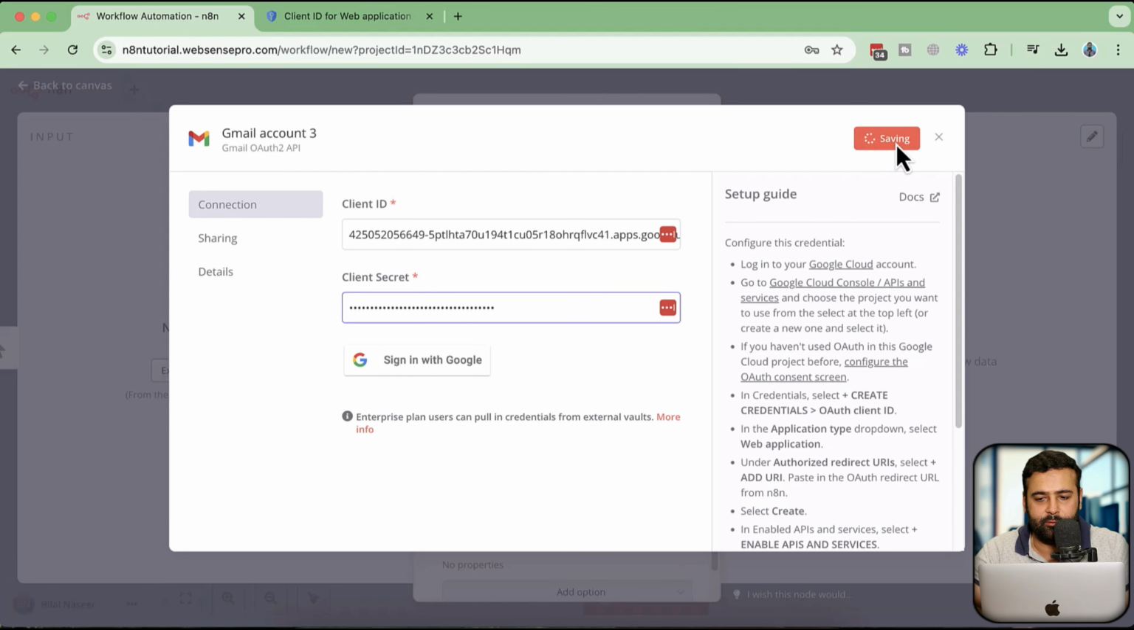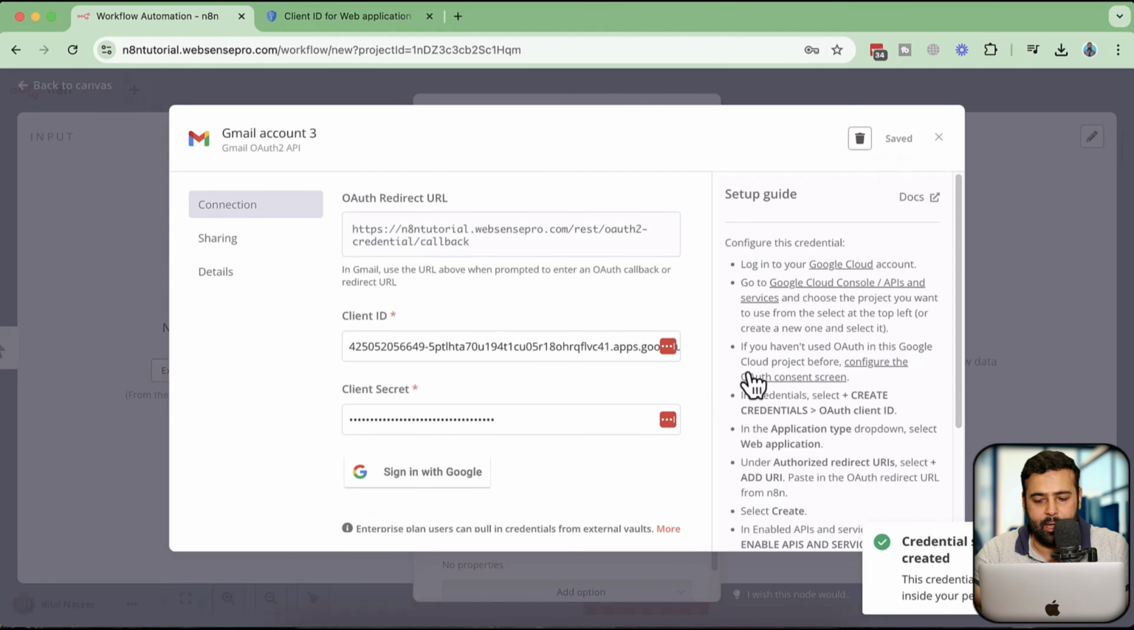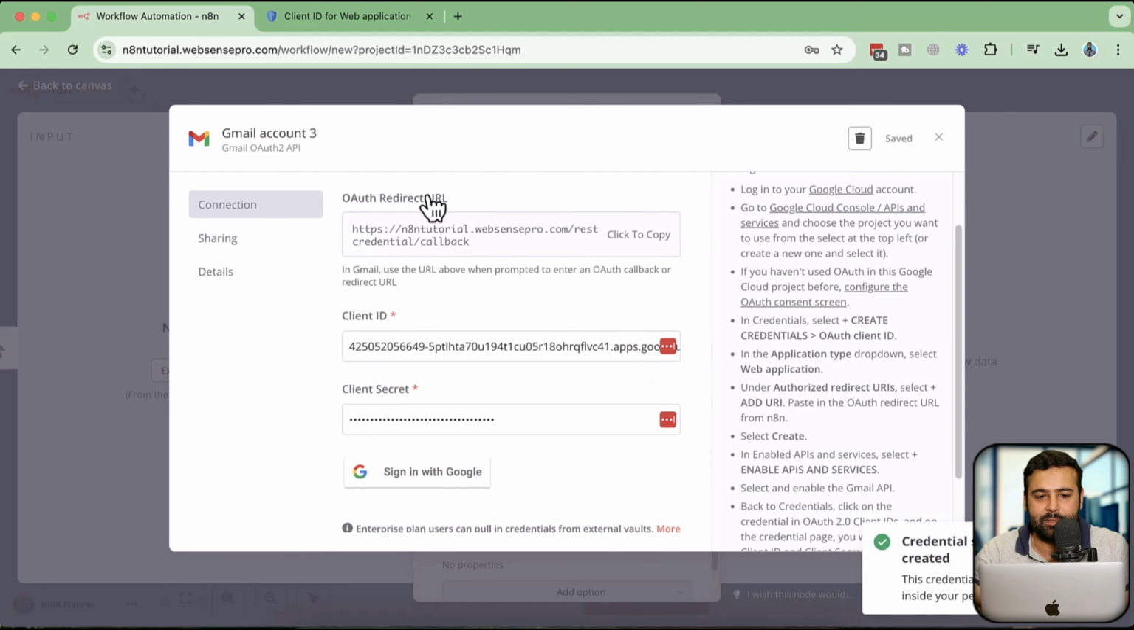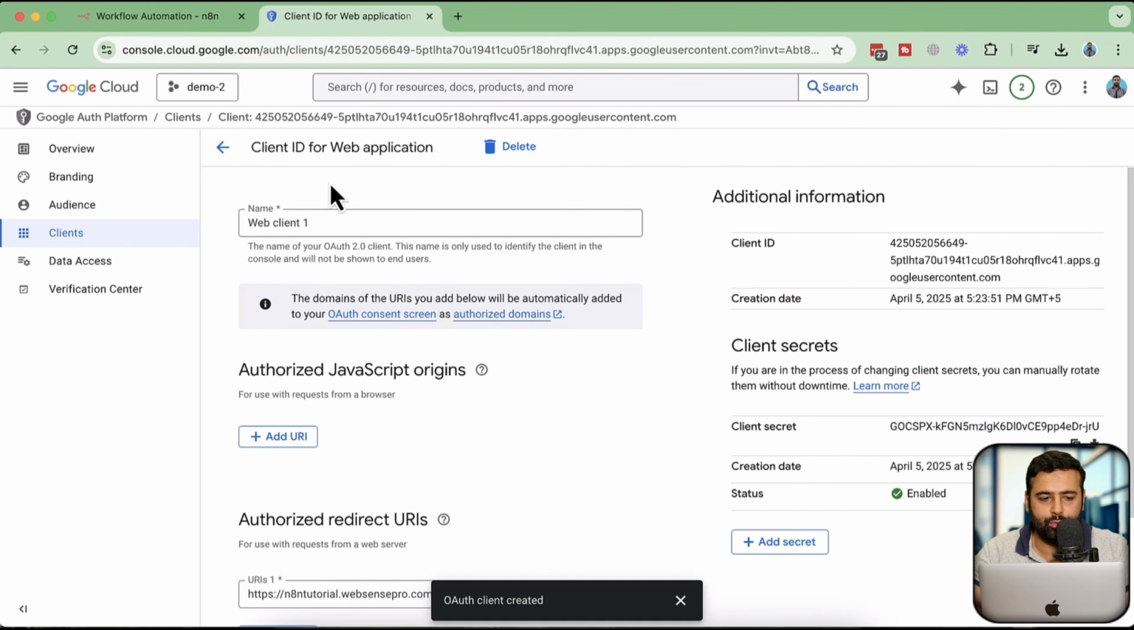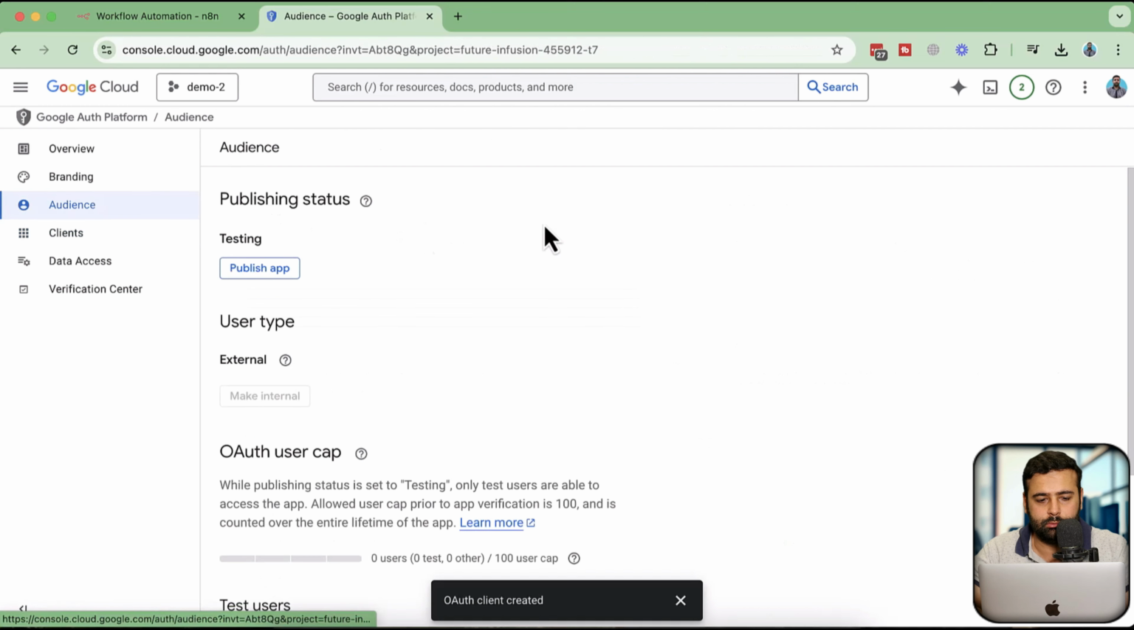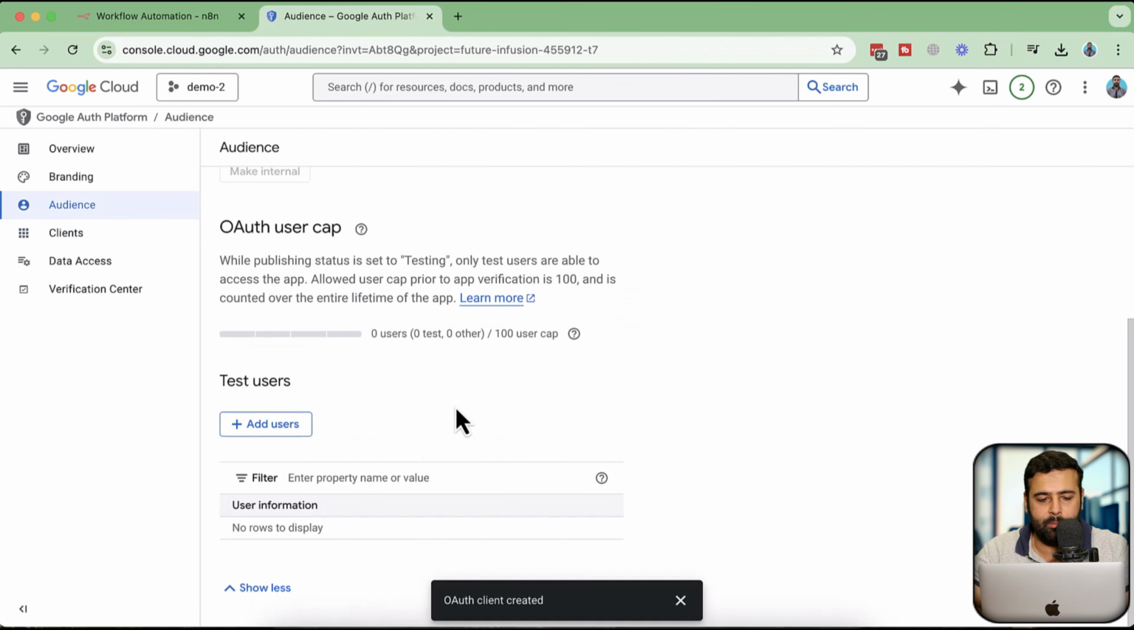Okay, then click on save. And your credentials are connected successfully. Now make sure to add a test user. In order to add a test user, click on audience and then scroll to the bottom, and here you will